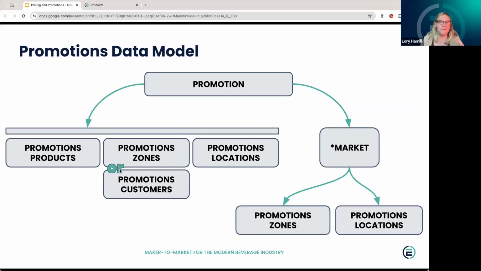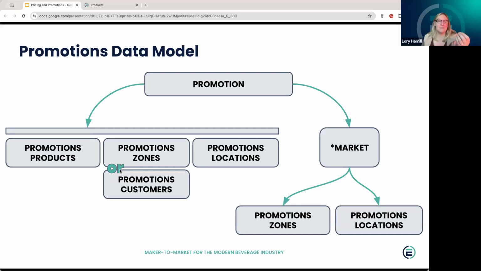If I have a nonprofit that I'm giving to, then I'm going to attach just that one customer to this samples promotion or that donations promotion so that they get $0 pricing. But there's no group for that. It's just this one customer that I'm doing that with, versus, my wholesale frontline, for example, or my chain pricing